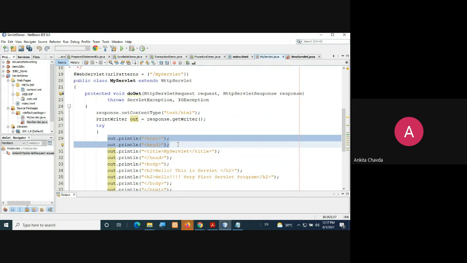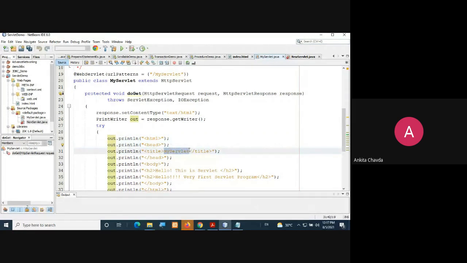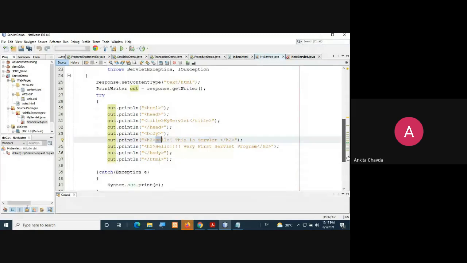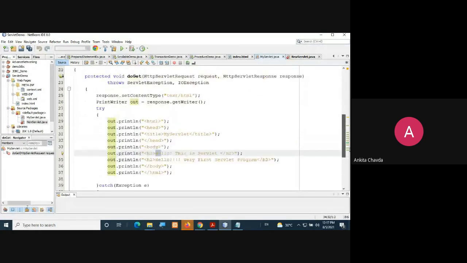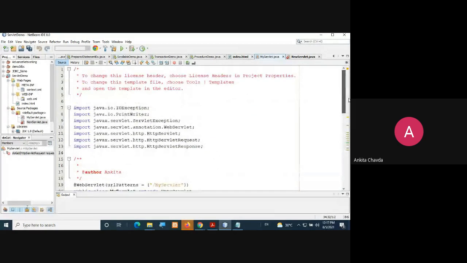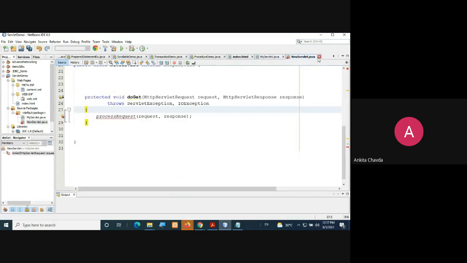Because all my content is HTML content, where the title would be my servlet, and inside this body part I'm simply writing: hello, this is servlet, very first program of the servlet. This is simple, I'm simply testing whether my servlet is working or not. That is what you are doing. Okay. So here again I'm deleting this.